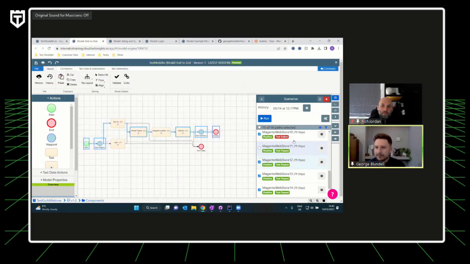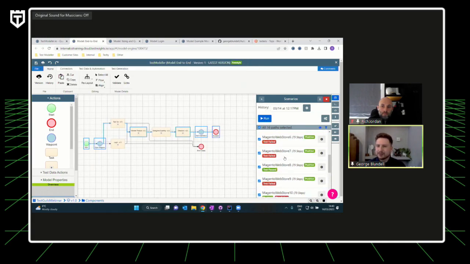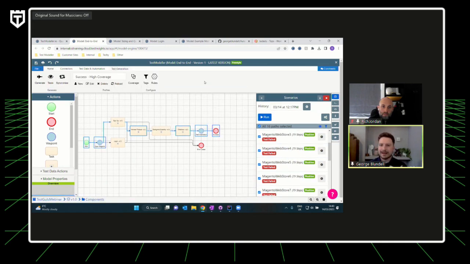Now, it's all very well and good me showing you 16 parts already generated, but we do need to consider how those parts have been created. Rich mentioned it previously, but essentially what we do is run an optimization that generates the minimum number of tests required to meet your specified level of coverage.